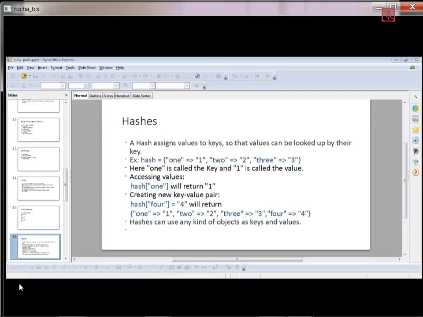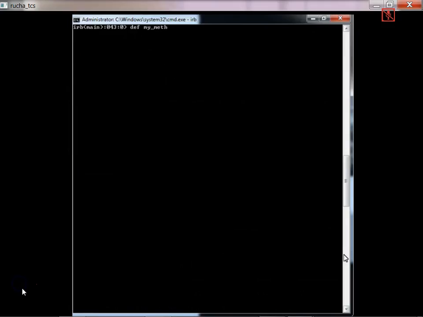A method, if you want to invoke a method, you can simply write its name and the method will be executed. Okay, so we'll see one small example. my_method. Okay, here I have declared one method. Inside this I'll write something, puts